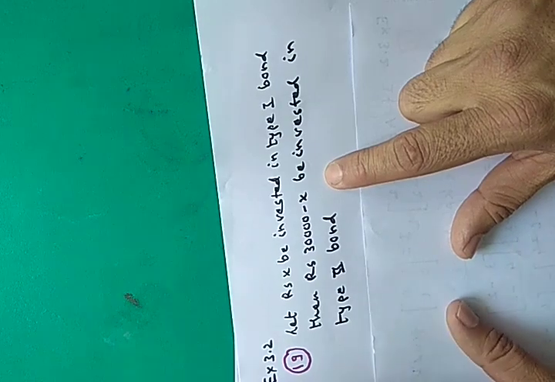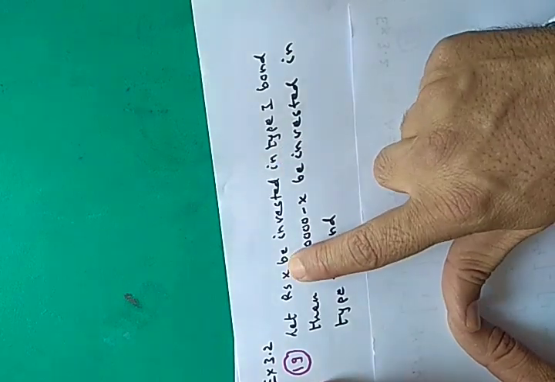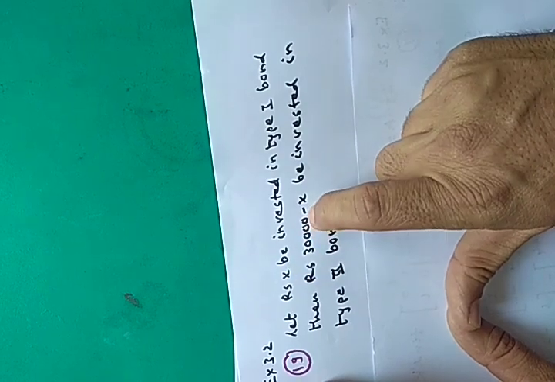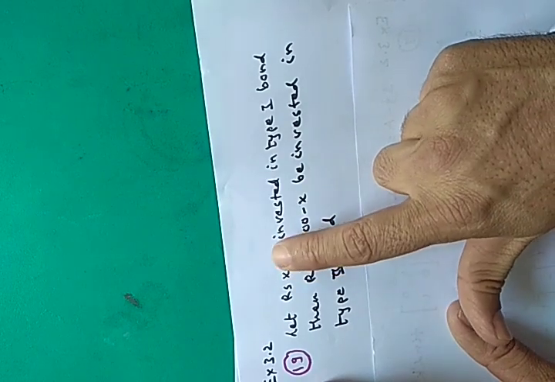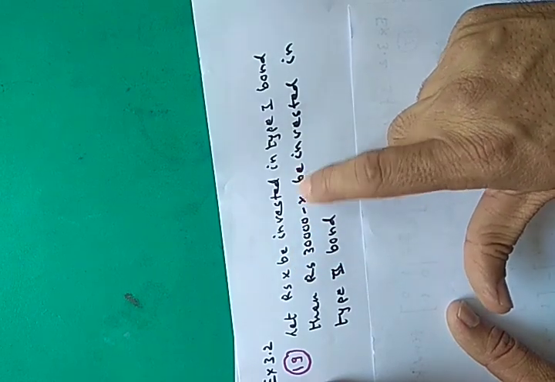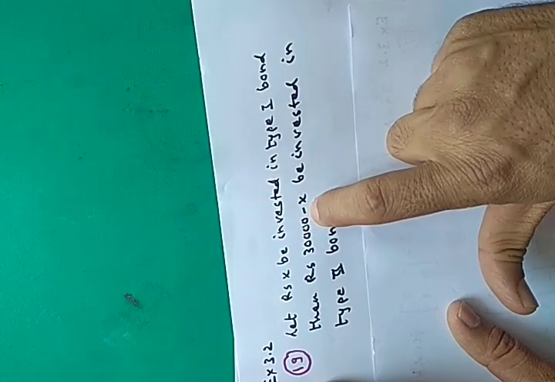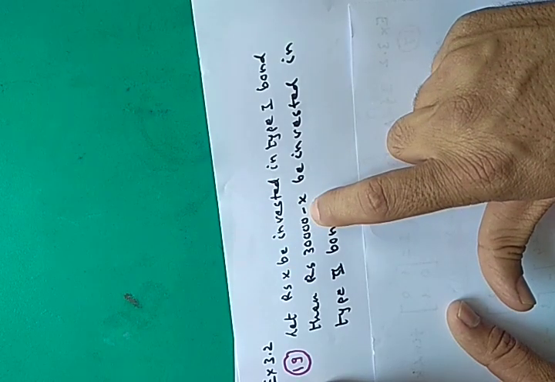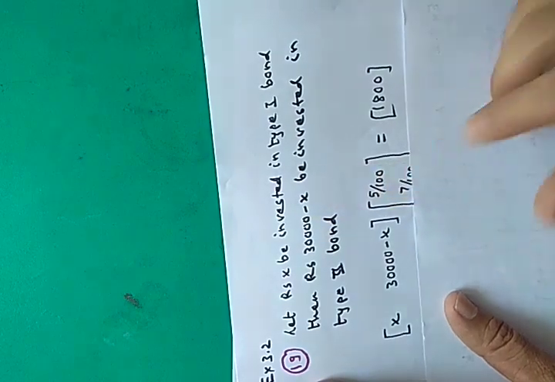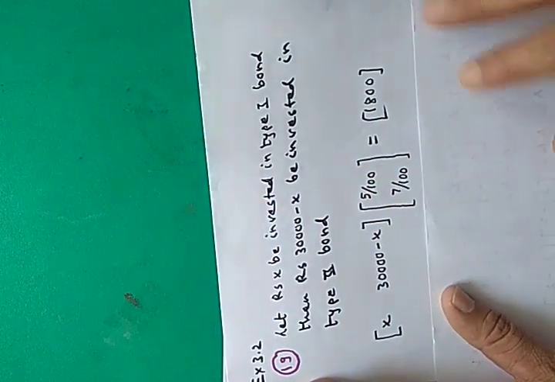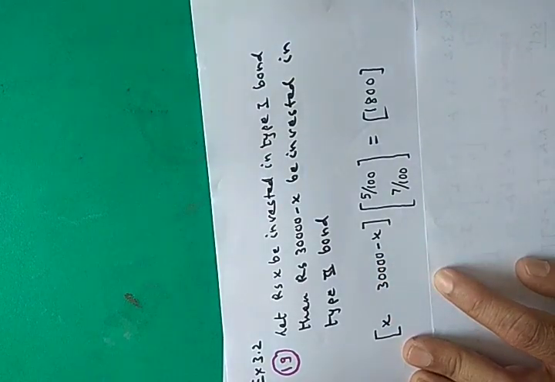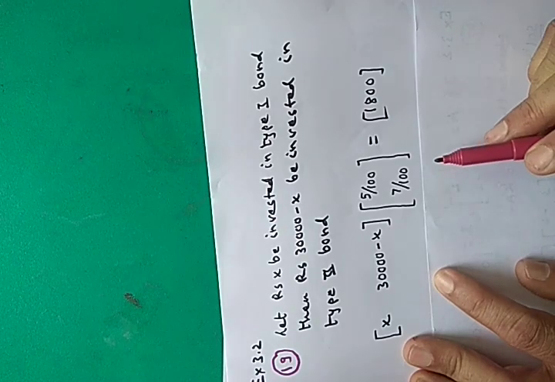ठीक है, तो अभी हम चाह रहे हैं x को 5% पे डिपॉजिट करना है और इसको 7% पे, यानी हमको x इंटू 5/100 चाहिए और 30,000 माइनस x इंटू 7/100 चाहिए, और उन दोनों का समेशन 1800 होना चाहिए. ठीक है, तो अभी हम देखो इसको हम इस तरीके से लिखते हैं. देखो ये यहाँ हमने x लिखा, यहाँ लिखा 30,000 माइनस x लिखा. ठीक है, यहाँ 5/100 लिखा, यहाँ 7/100 लिखा.